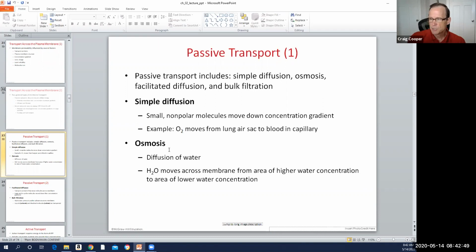Osmosis is just diffusion of water. So again, we're going to want to cause equilibration. And so if we have a much higher water content inside the cell versus outside the cell, then the water is going to want to leave the cell. If we have a much higher concentration of water outside the cell than inside the cell, then water is going to want to come into the cell. And so this is one reason why